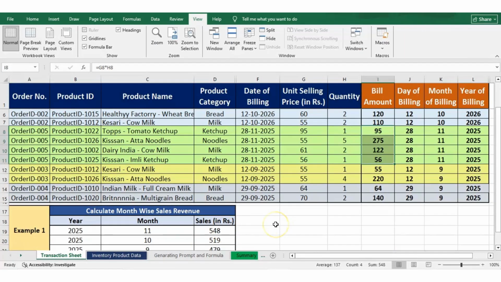We can see that for the month of November, the sales revenue is equal to 548, and we can quickly verify this manually by selecting the rows having the month of billing as 11 and then summing the bill amount present in the filtered or matched rows. Here also it is showing us that the sum is 548, which matches with the output of the SUMIF function